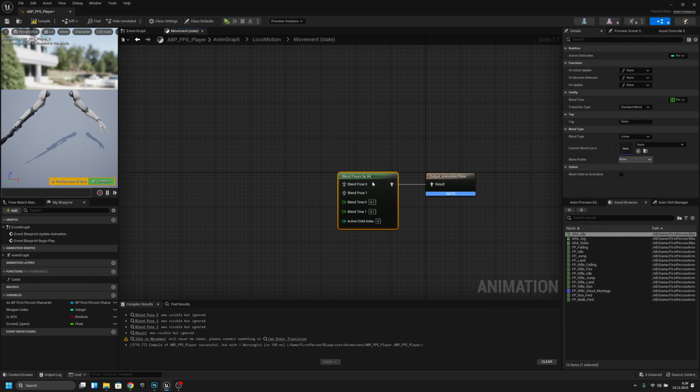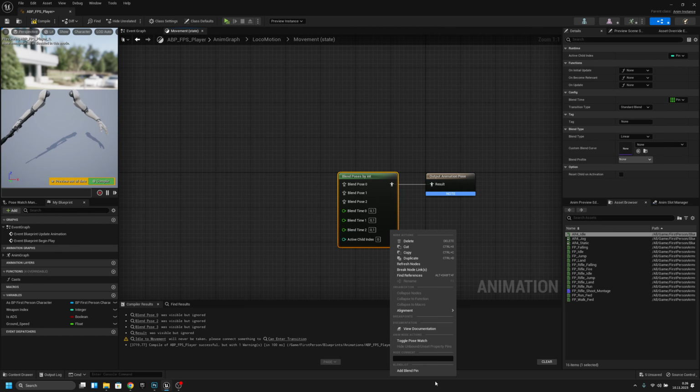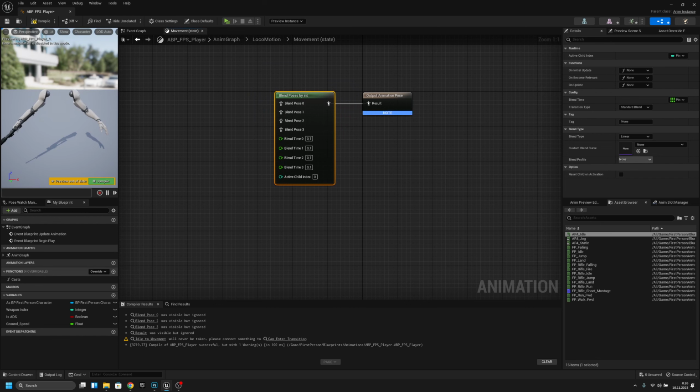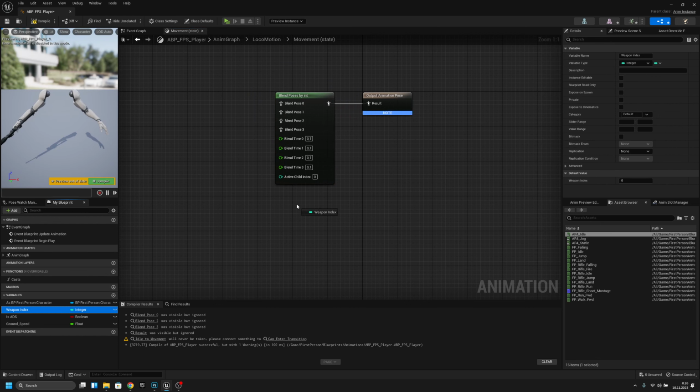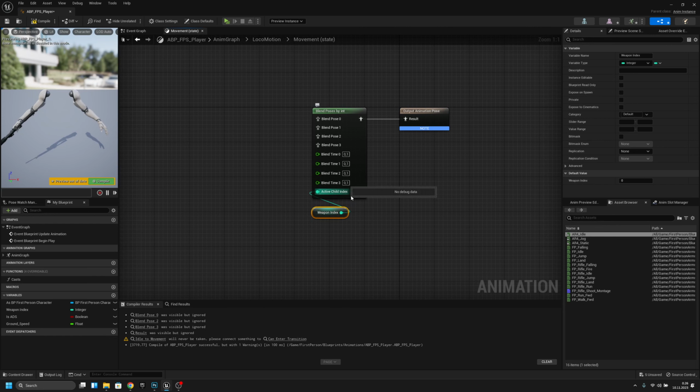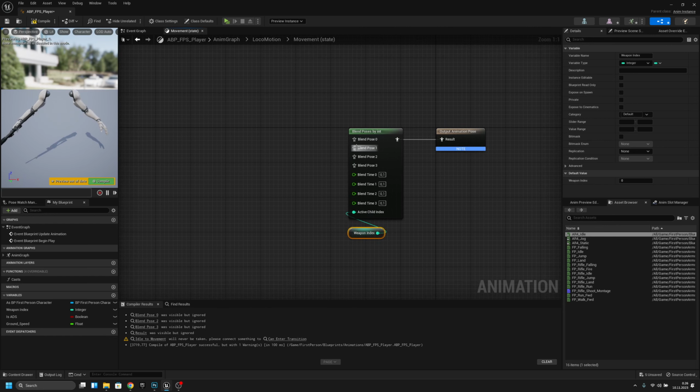So yeah. Now when we are here at the moment, we actually have to get the blend poses by int again. And now let's add a few more of these pins. Connect this weapon index to here. And now from blend pose 1, we want to, oh, we actually cannot do that yet. Let's